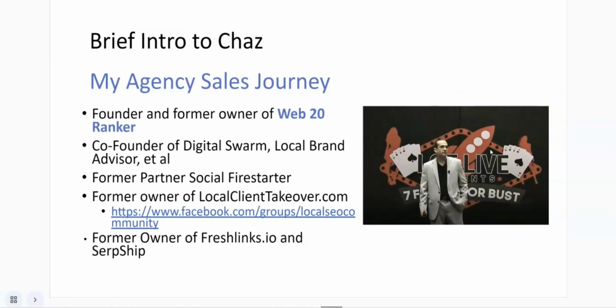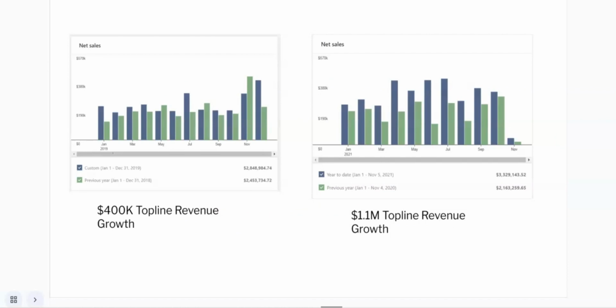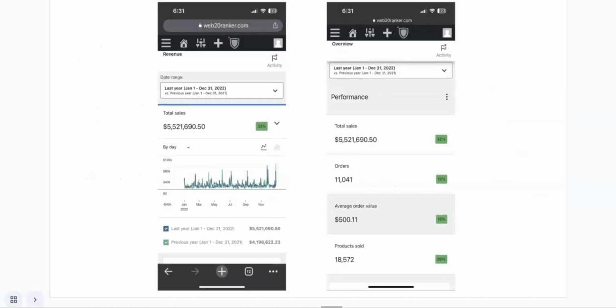And I've experienced setting up sales systems, sales flows, client dashboards for all of these companies and more that I'm not even talking about. So lots of experience. Just briefly, I know what I'm talking about when it comes to online sales. Here are some screenshots of top line revenue of our e-com store, Web20 Ranker. This was back in 2018, 2019. You can see the sales figures, multi seven figures in those years. And then this was 2021. 2022, I'm sorry, the last year before I exited, we did over 5.5 that year,